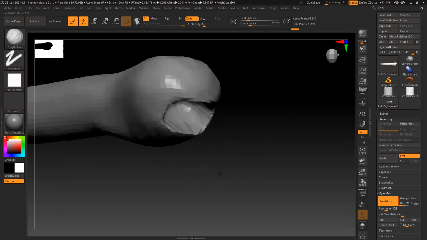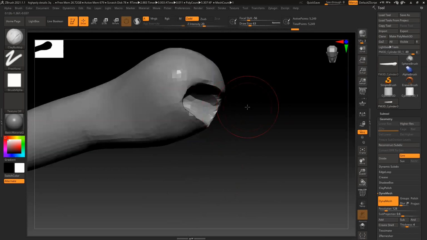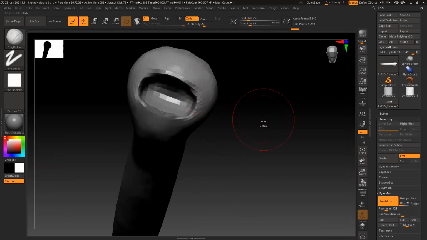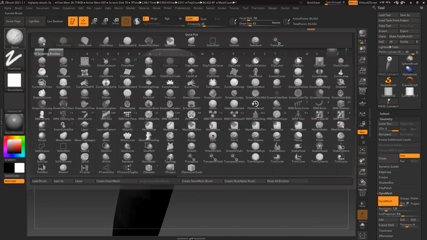So you have to create that head, the entire body, the entire thing. Then go to the Snake Hook.